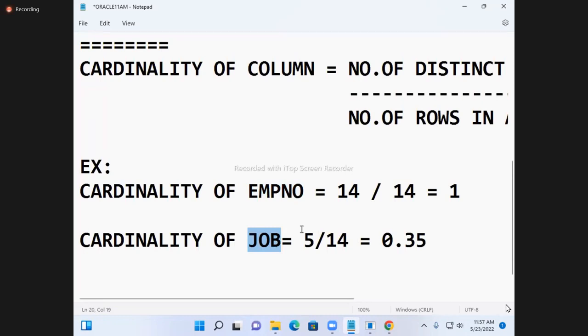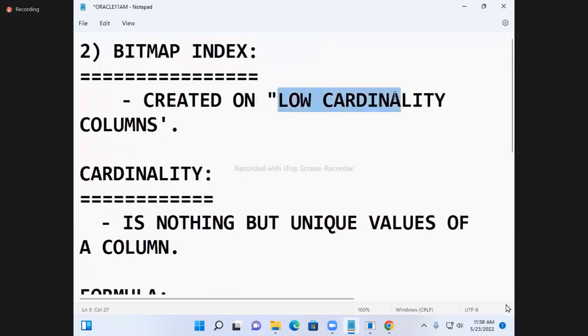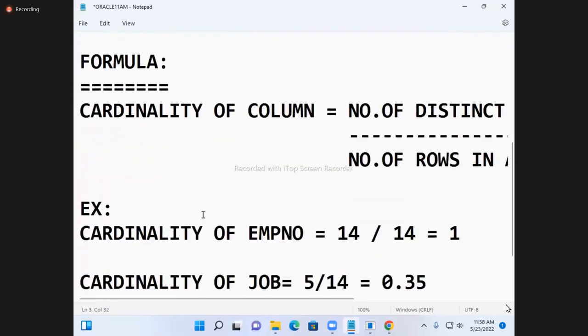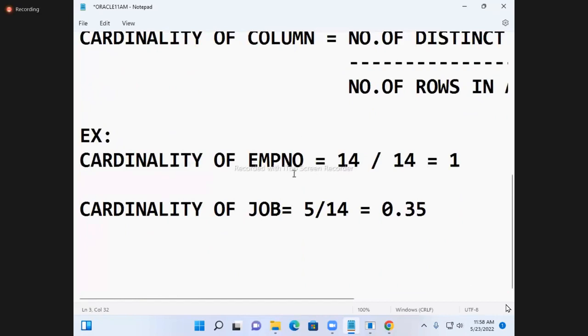Low cardinality, job. So that means my priority to create a bitmap index is on which type of columns? Low cardinality columns. Okay, so now when I'm taking these two columns, in these two columns, low cardinality is which column? Job column. So that means when you want to create your bitmap index, I can create it on which column? Job column. So like this, you need to find out the column cardinality, and based on that,